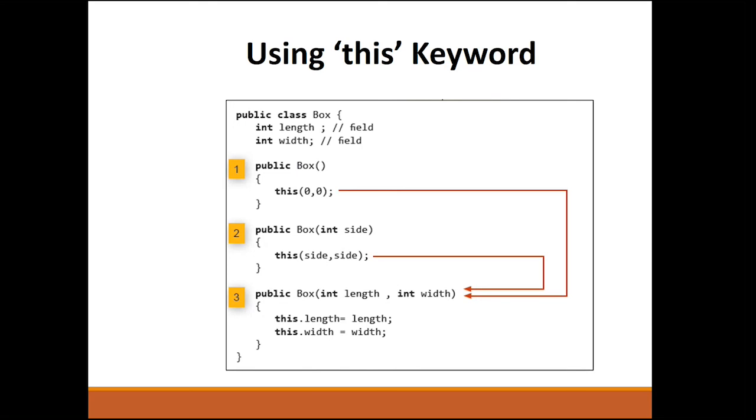And kukunin niya ngayon, paano niya malalaman ngayon kung kanino yung length and kanino yung width. Kukunin niya ngayon based sa parameter doon kay third method na box. So mauuna yung int length. So the first value will be para kay length and the second value will now be coming from width. Okay? Same with